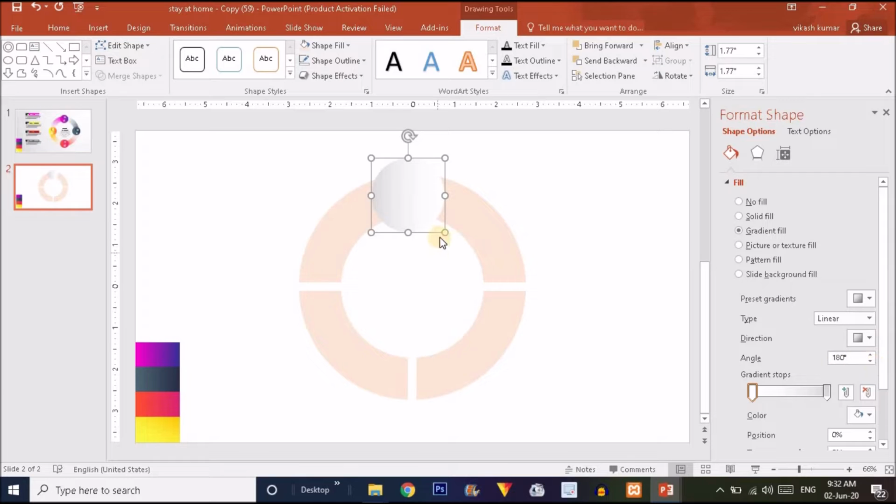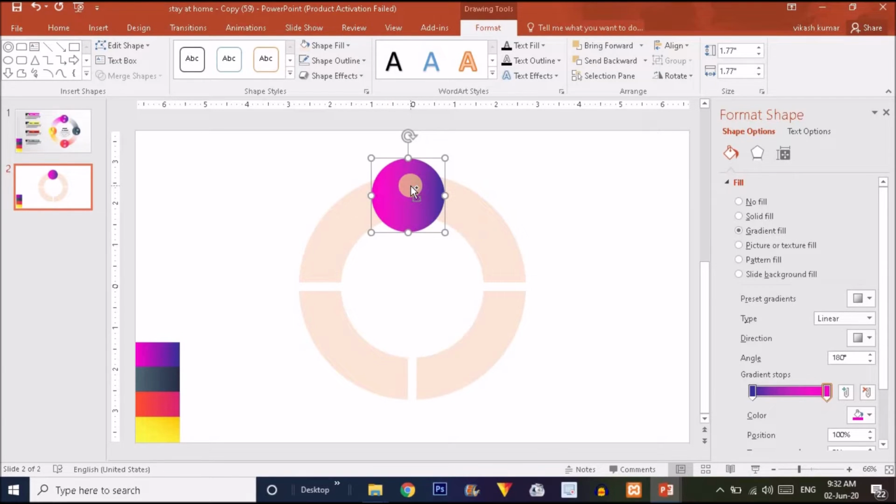For this shape I'm just going to choose a gradient fill option, and for the left handle I'm going to choose the eyedropper option to choose a color from this color sample. So just click here to select the blue color from this color sample like this. For the right handle I'm going to choose another color, the pink color from this side. Now you can see this particular effect we want on this circle.